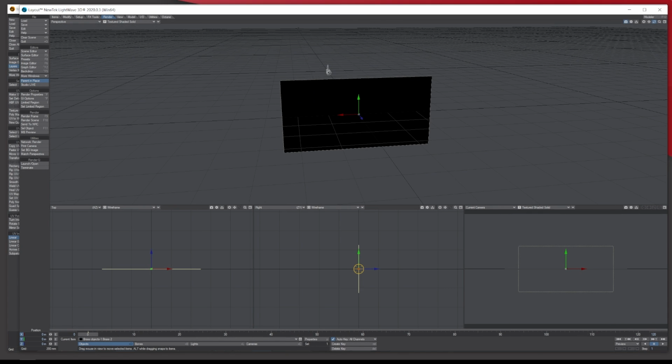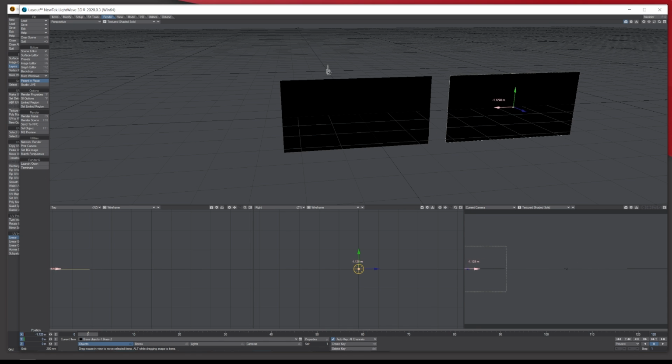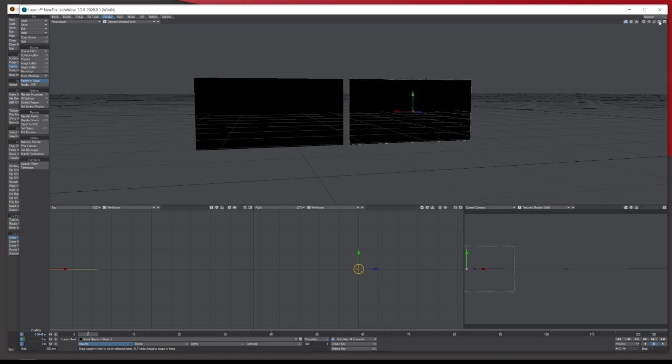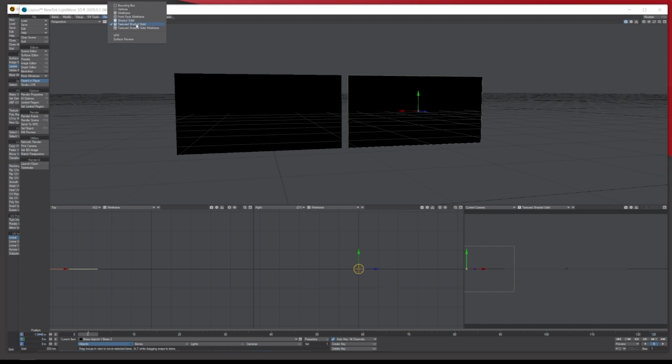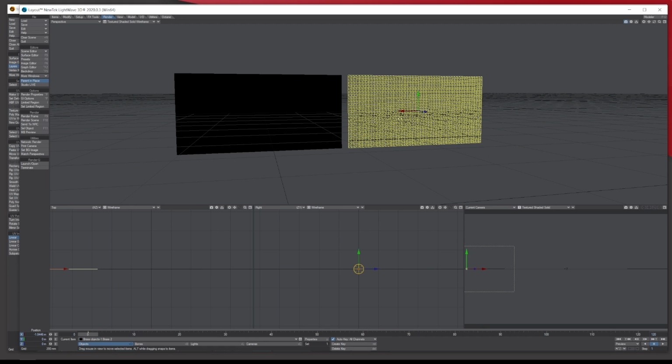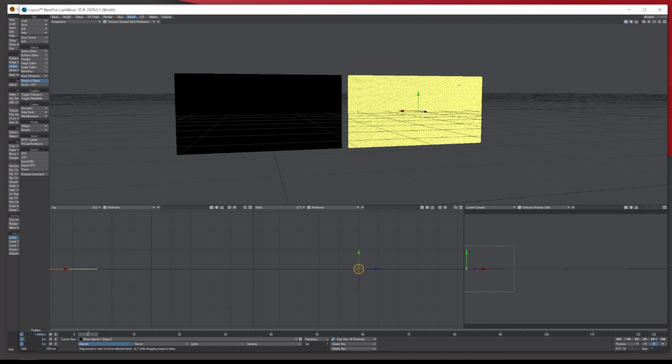So here are our objects on top of each other. Let's just move one to the side like so. Okay, and then if we turn on VPR, you can see what we've got, but this one here is all the 5,000 polys. Now if we go to model and toggle subpatch, that's going to subpatch it, it's going to treble it. So we've got about 15,000 now, and leave this one here like this.